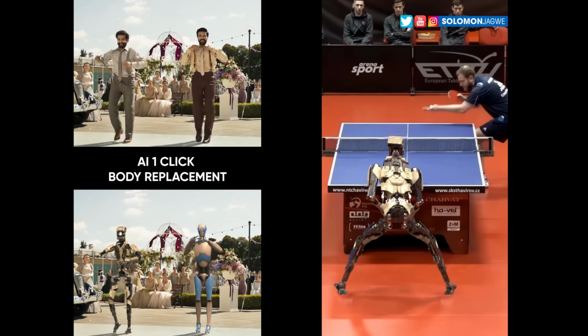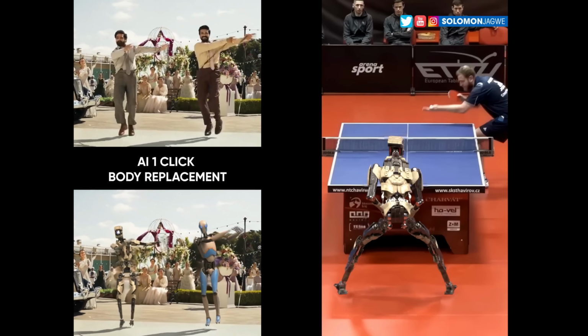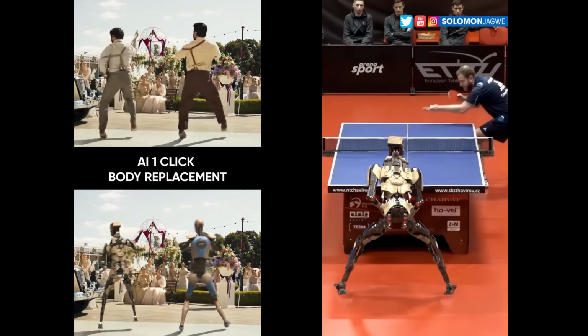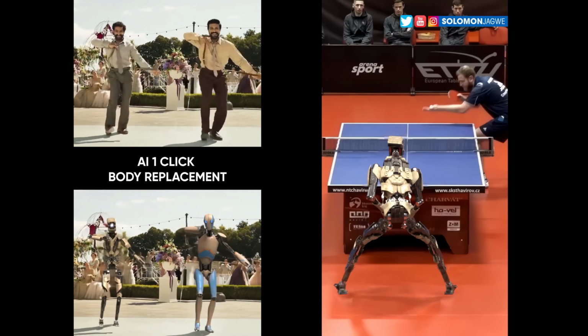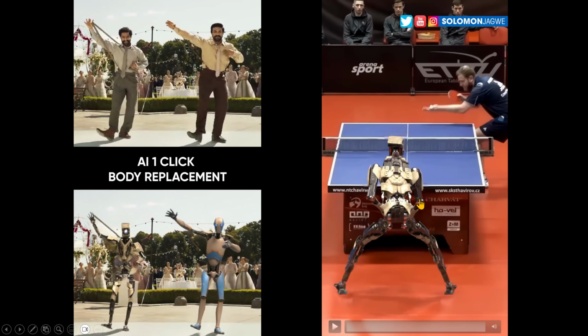And now another different animation technology. This is Wonder Studios, and you can just take a 3D model of a character, drag and drop it into a video clip, and it will replace the people in the video with the 3D model. It will animate it based on the motion in the video, composite it in, match the lighting, shadows, all of that kind of stuff. Here they did the same thing with a tennis match.